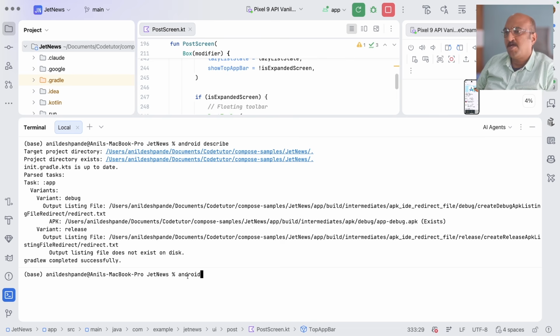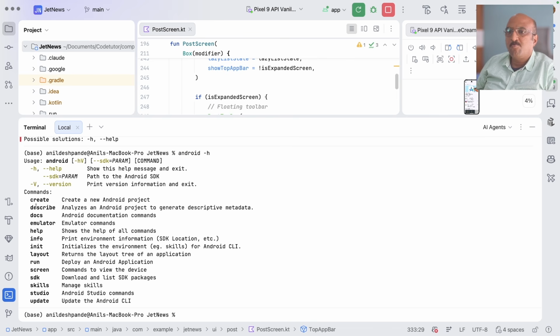Then it has the android -help option, which is going to give you a help command response, like what all commands are there. Android create creates a new Android project. Android describe, that's what we just used. Then you want to do android emulator, help, info, layout, screen capture, which views the screen of the device, and downloads the